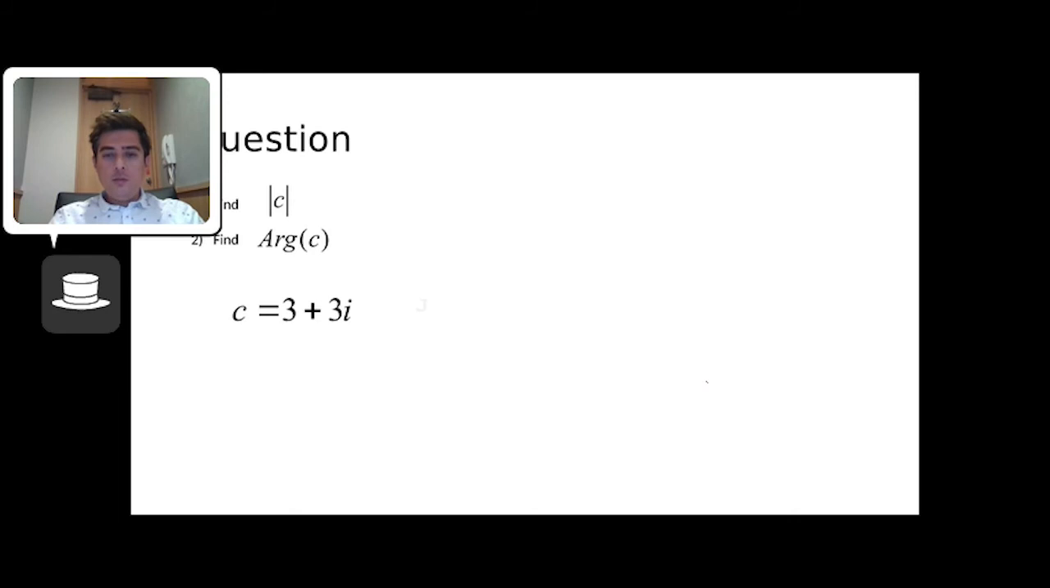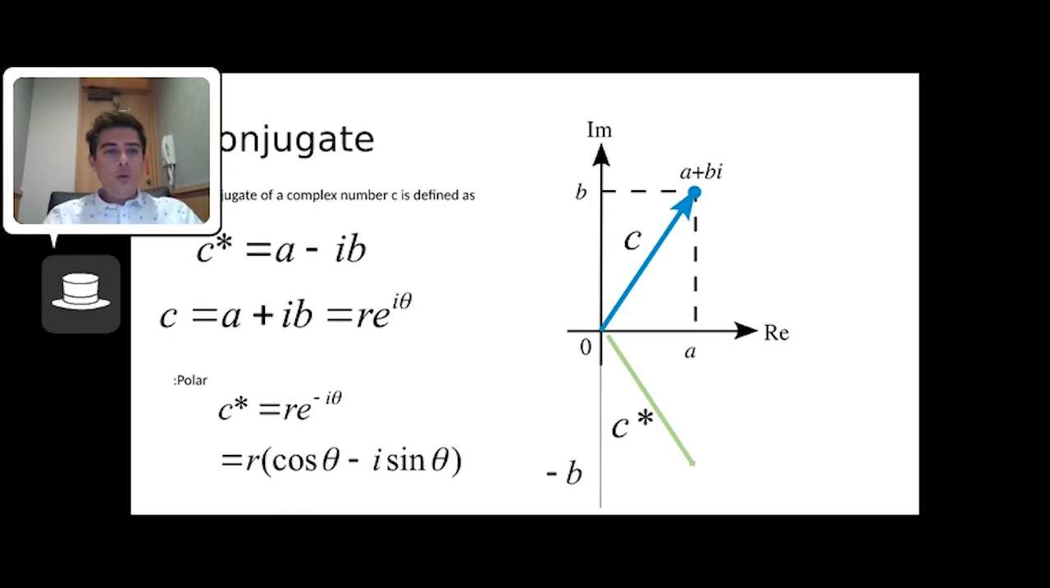Now let's get on to a few more complicated operations. The first one is the so-called conjugate. First, let me just define it. The definition is quite simple. Say you have any complex number C, so A plus BI, then what we can do is define the conjugate of this same